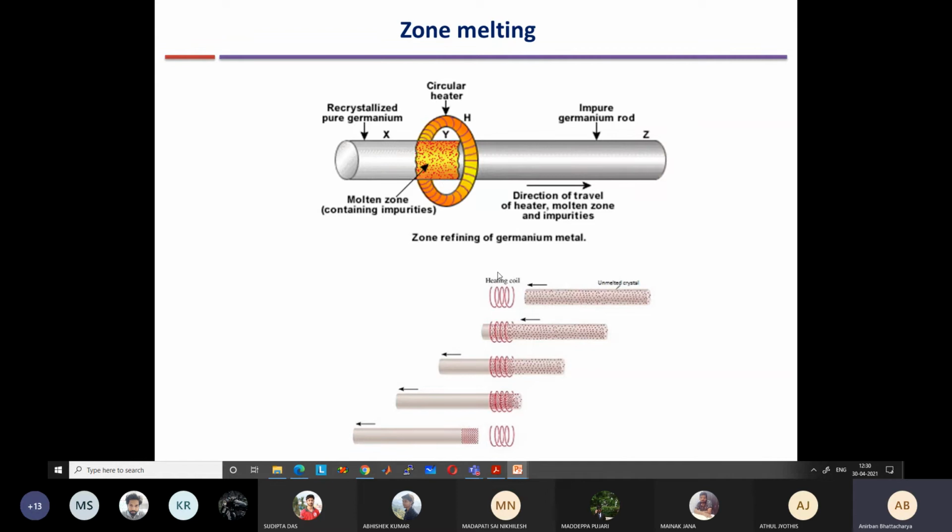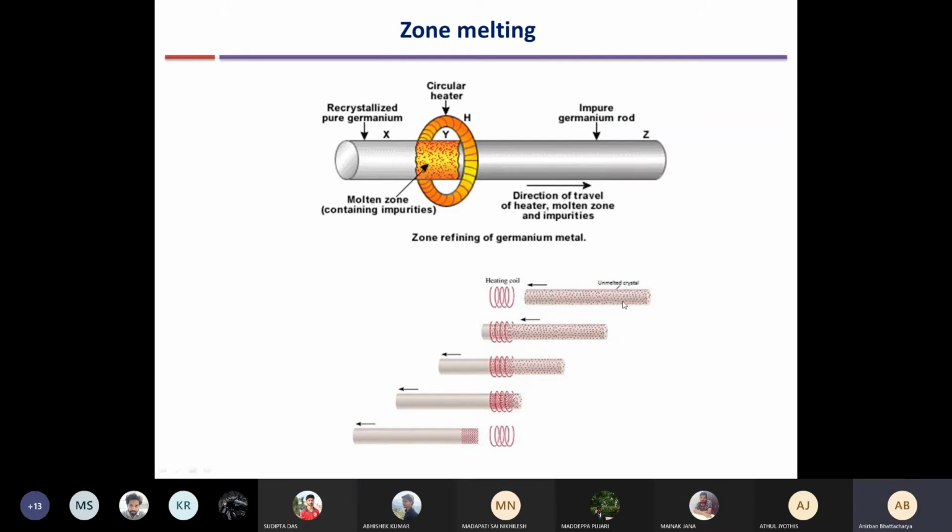So you have a rod like this, which is containing the impurities. This dot shows the impurities. Now there is a small heating coil which has a very small length. Length is much less than the length of the material. So when you pass this material through this heating coil, there will be melting that will happen like this. And when the material goes out of the coil, outside it is cold, so it will solidify.